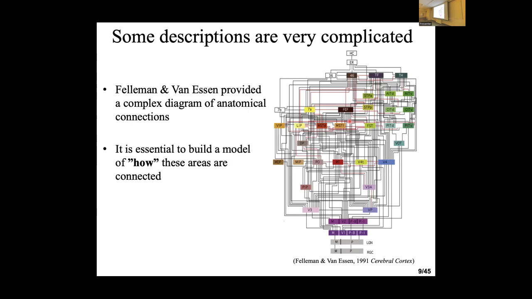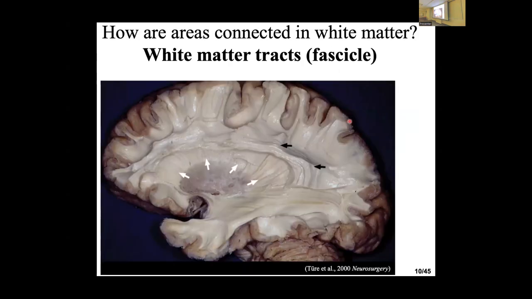But people usually use this cartoon to talk about how anatomy is complex, but I think it's very essential to build a model of how these are connected, because how these are connected means we need to build some model to understand anatomical wiring. Then Steph talked about some models in the language system at the level of the fiber tract. We also need to revisit some of the current understanding of anatomical wiring and think about how to formulate a tract as a meaningful unit to understand the biological architecture underlying visual processing.